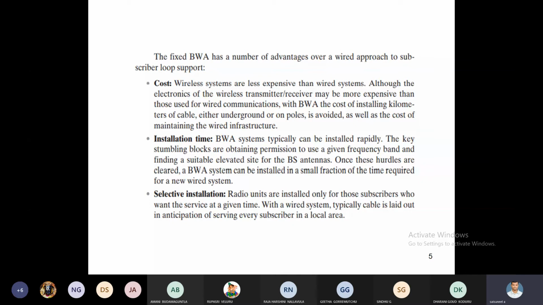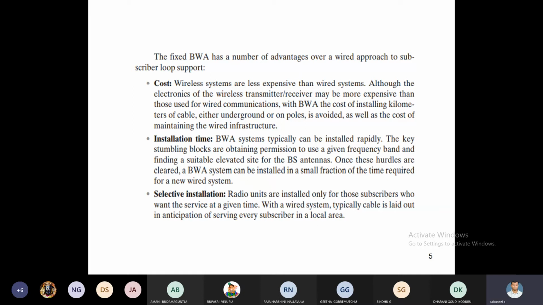In a wired system, from the telephone exchange to your home, suppose we use OFC cable, a number of poles are required from the telephone exchange to your home, plus cable cost and maintenance for those OFC cables. These are reduced in fixed broadband wireless access or WLL technology. There is no need for poles, no need for cable, and no maintenance. Hence the cost is reduced.